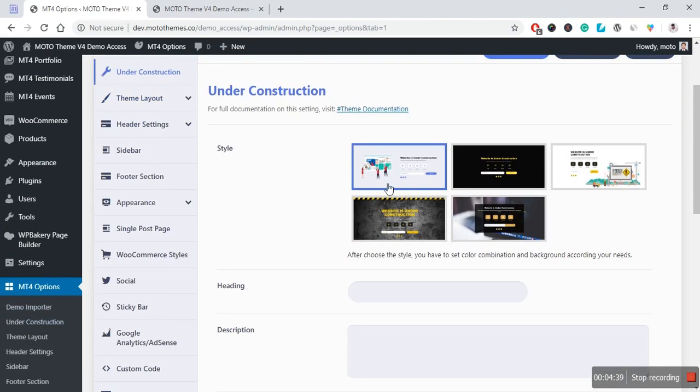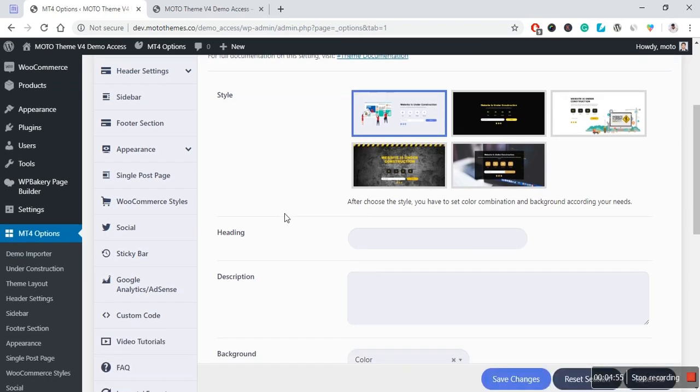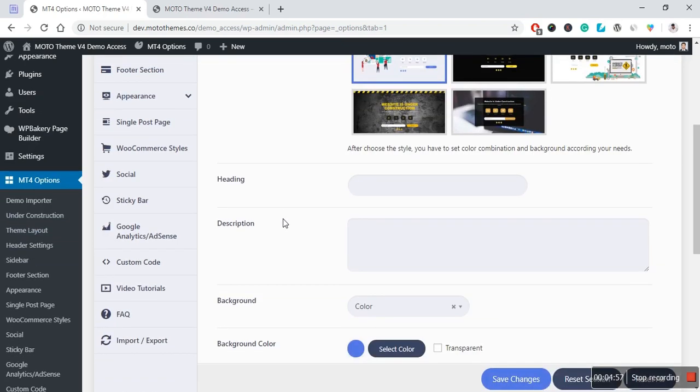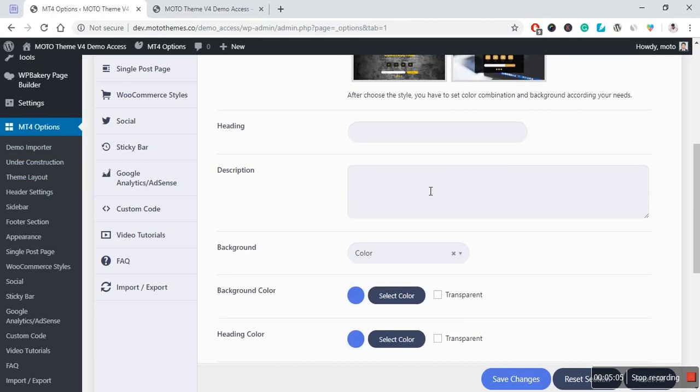You can set up an under construction bar on your website which doesn't take your user to the home page, which is still under construction. You can set a timer on that page, an email button, a notification button, and also you can set images on your under construction bar. So here are various settings, like you can change the heading. You can keep any trendy heading for your customers, for your visitors of the website. You can add a description about when the site will be live or when the site will launch.